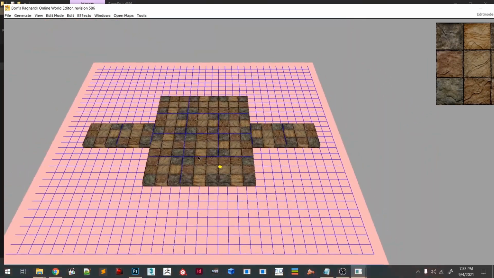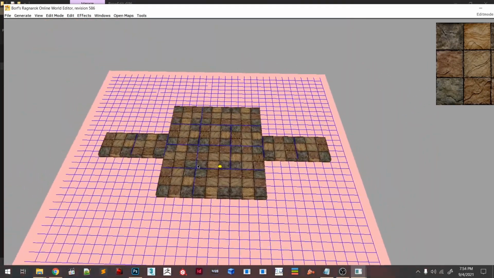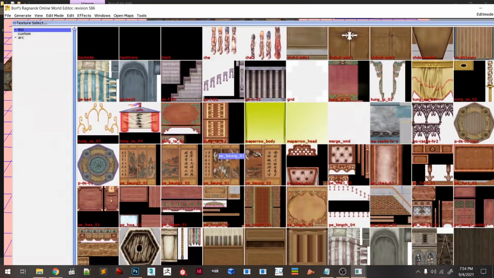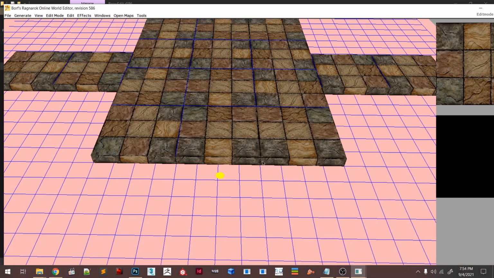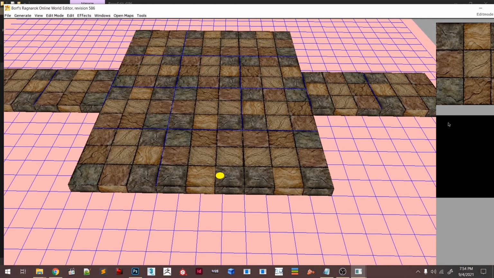Alright folks, so when you finish, you just press T again and choose in RO this black texture right here. And press T again. Now we have the black texture in the corner.